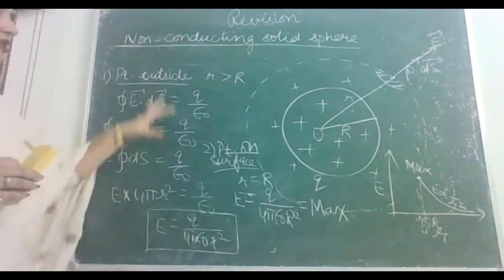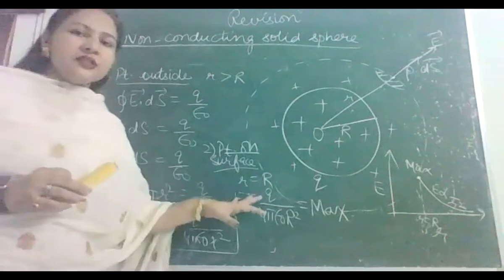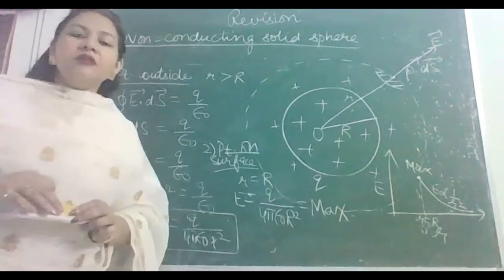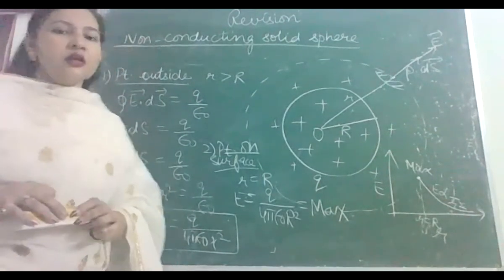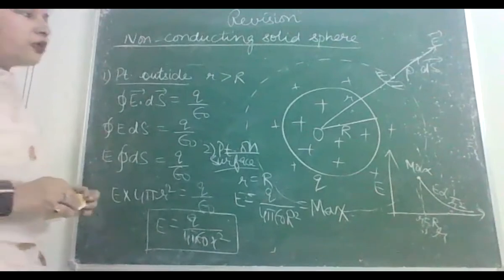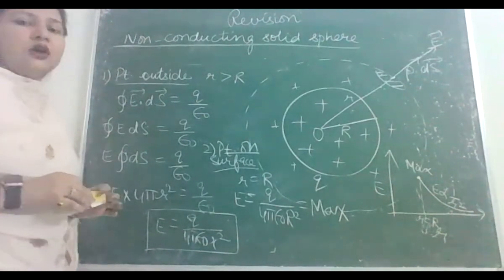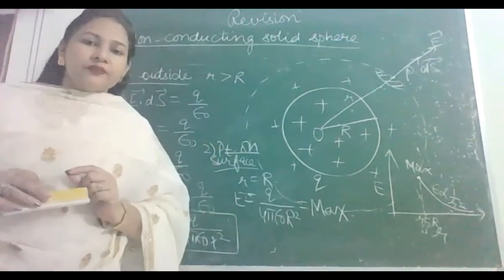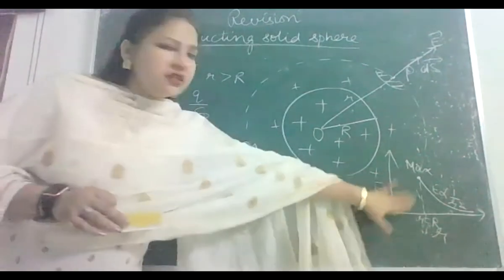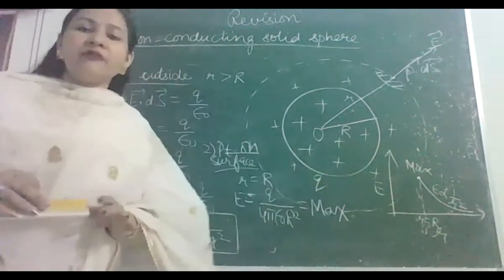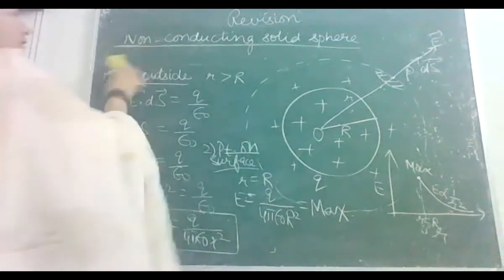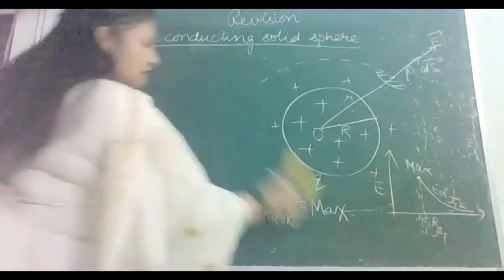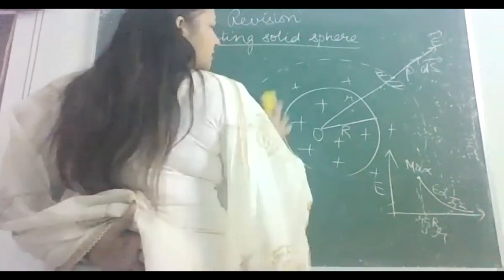But the first case will be the same. Point on the surface will also be the same. ठीक है? First case, second case दोनों same होंगे. Only the inside case will be different. So let us do the third case, if the observation point lies inside the sphere. Because when the point lies inside, the charge inside the non-conductor is not zero. So that's why the electric field can't be zero here. There would be some value. Let's find out. Let us do the third case only. Point lying inside, that is different.